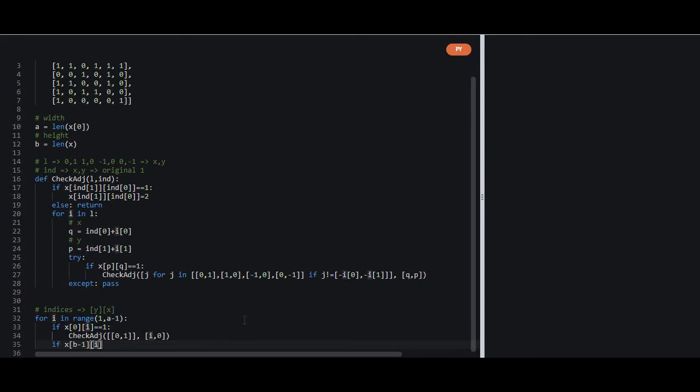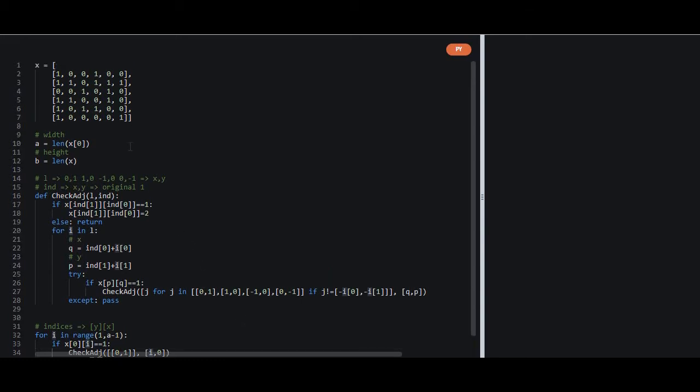Now we will check for the last row, because the length of the last row will also be the same as the length of the first row. Let us rename it to 0.